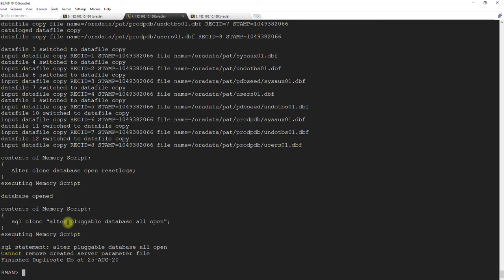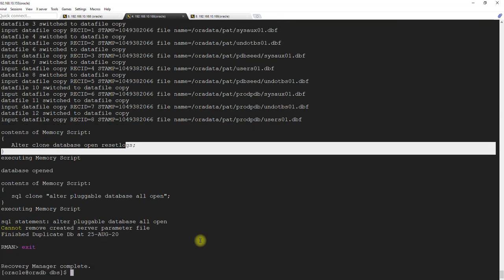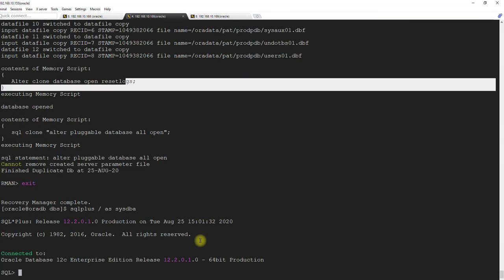What it did is it has opened the pluggable databases as well. It opened the database with resetlogs. Whatever we did manually, it performed those steps. We will run sqlplus / as sysdba, and in the current situation, in manual cloning you guys saw that we had to run the NID utility to change the database name, right? Because we actually restored the same production database and changed it using the NID utility to the pat database. But in this current scenario, rman duplicate will do all the steps for you.